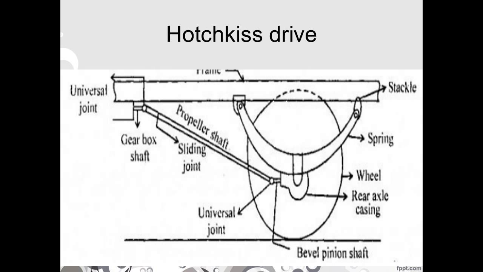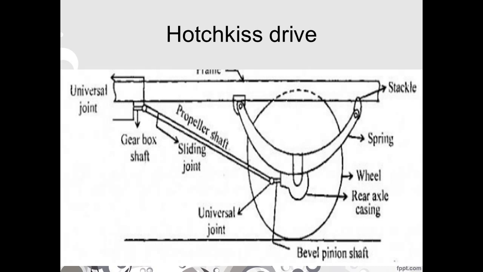The drive consists of an open propeller shaft secured to the transmission output shaft and the differential pinion gear shaft. The propeller shaft is provided with two universal joints and a sliding joint, that one you can see in the drawing. The springs are bolted to the axle casing. The front end of the spring is rigidly fixed to the frame, while the rear end is connected to the frame by swinging links or shackle. The front half of the spring will transmit driving thrust to the frame.